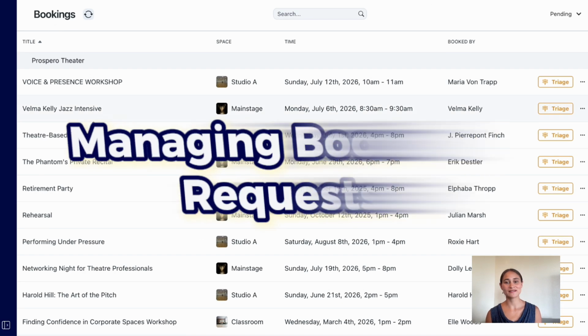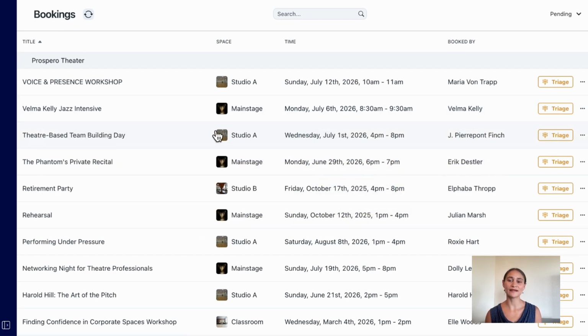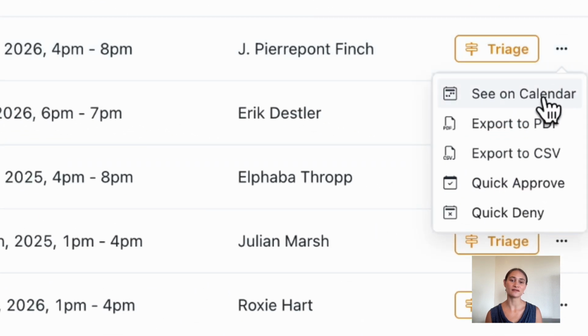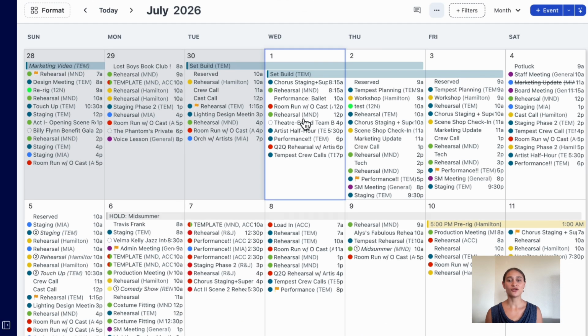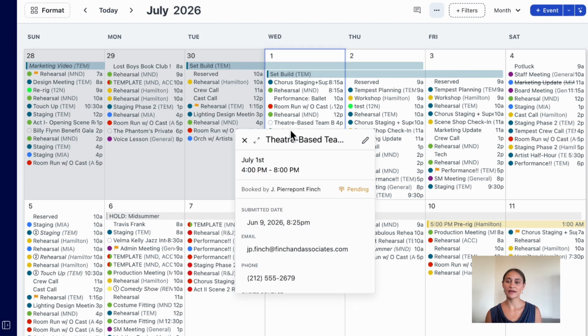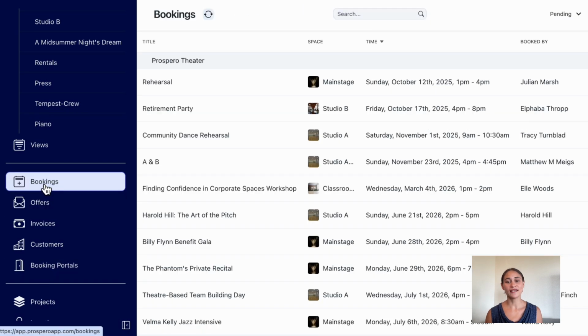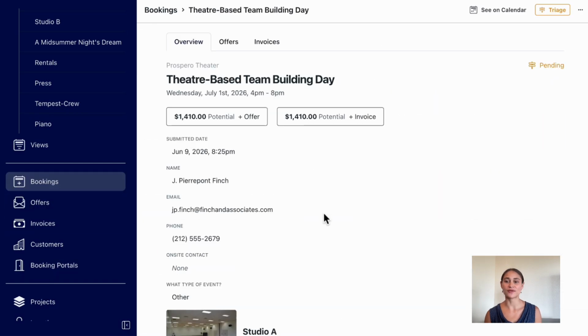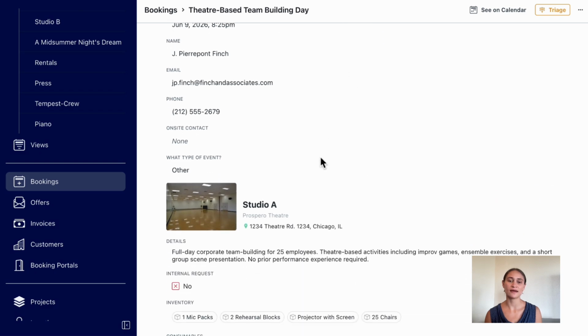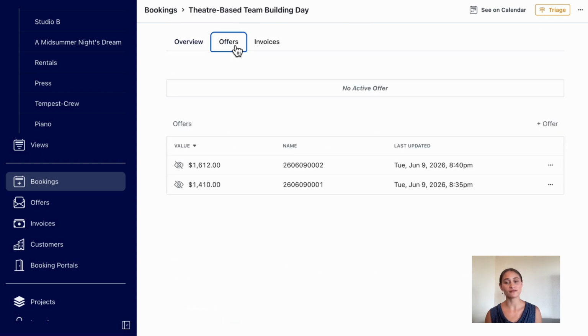When someone submits a booking request, you will immediately be able to view the tentative request on your calendar. You can view booking details directly from the calendar or from the Bookings tab in the sidebar. Each booking has an overview page with all the details of the request and separate pages for event offers and